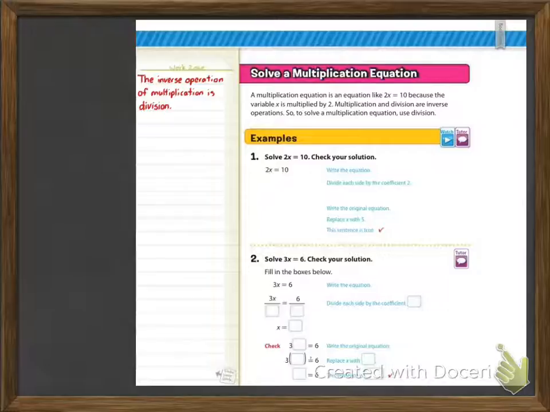So looking at our next page, it says here a multiplication equation is an equation like 2x equals 10 because the variable x is multiplied by 2. Multiplication and division are inverse operations, so to solve a multiplication equation, you have to divide. So go ahead and write the note that I have here in red over in the work zone. And one thing I want to remind you is when we're going to be doing these equations today, you're going to see things such as 2x,